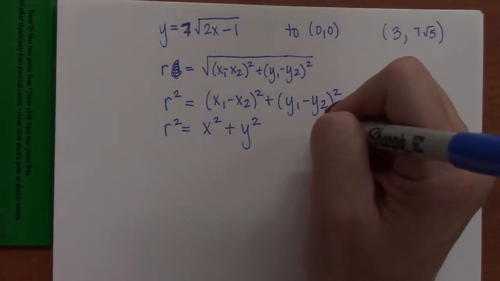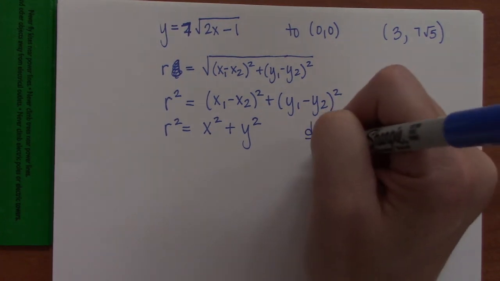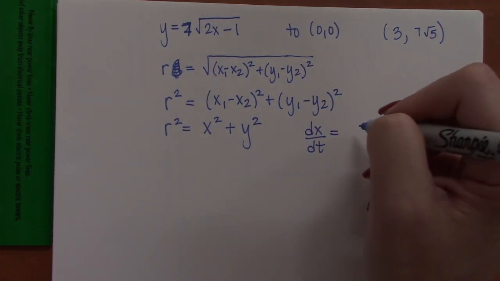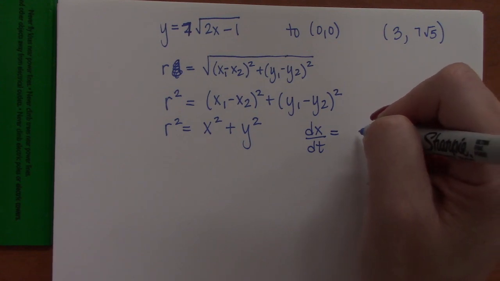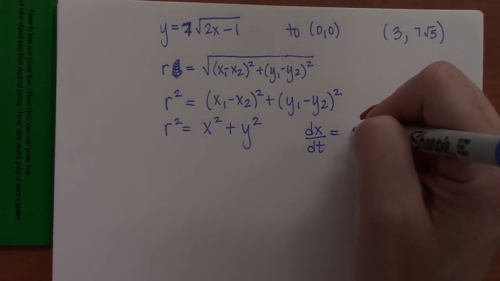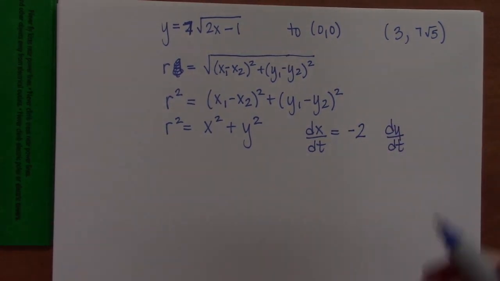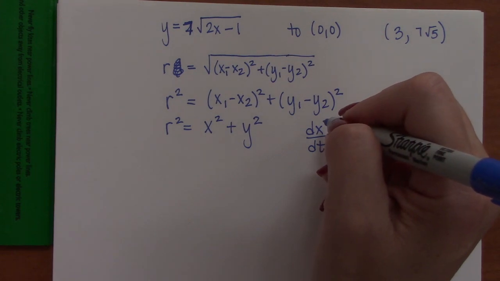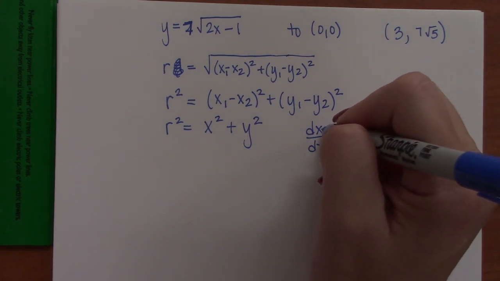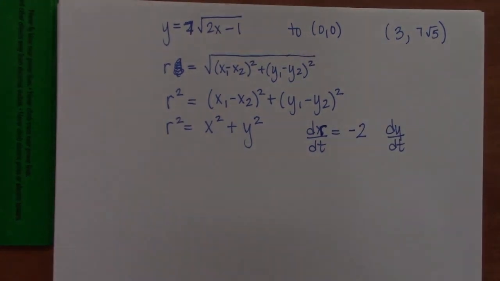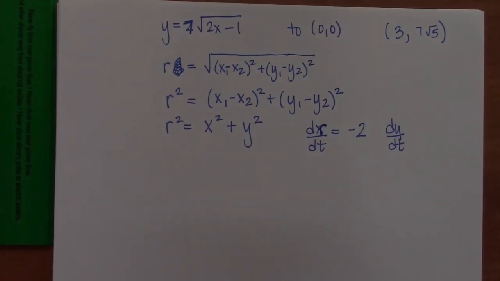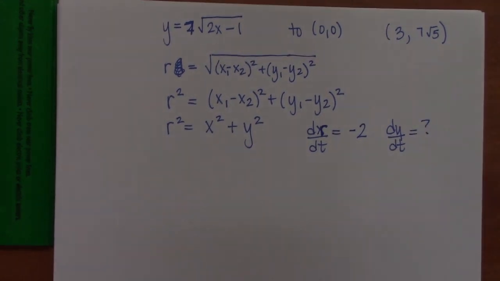So I think they told us that dx dt in this problem, was it positive or negative 2? It was decreasing? Yeah, so it was -2, and we're looking, no, actually, I think dr dt was what they gave us in that problem. It was the distance to the origin was decreasing, so it was dr dt we were given. And we want to find dy dt. So if you're thinking about this one kind of the way we thought about the last one, I can already see